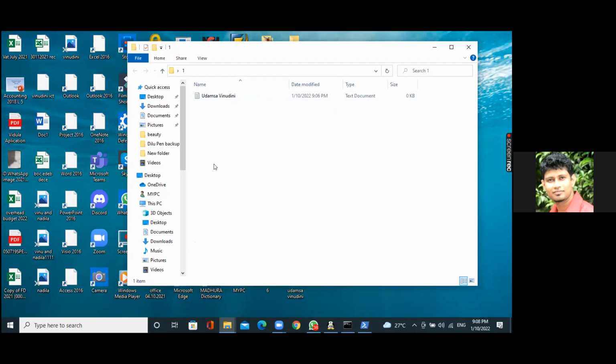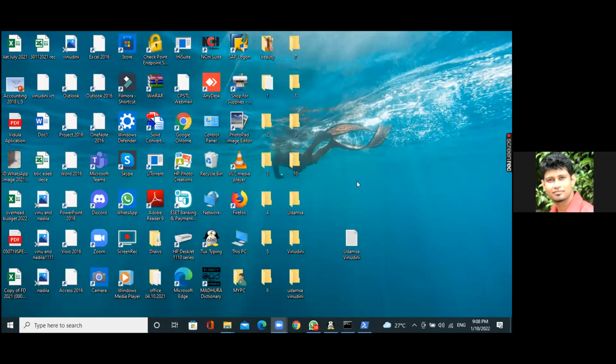Which is easy? Command line is easy. Wow, good. GUI, graphical user interface. GUI is easy, right? Command line is a bit difficult. You have to remember the commands. But the command line interface is very fast, robust and trustworthy. Most servers and network users use the command line.